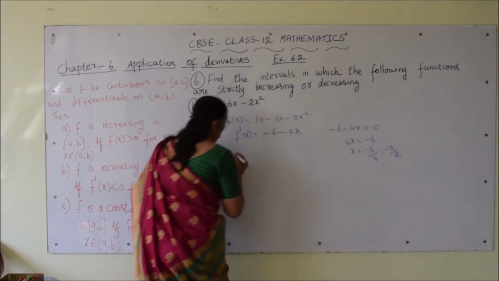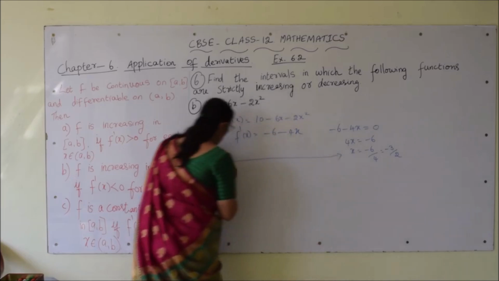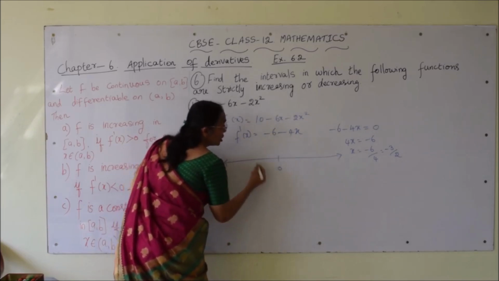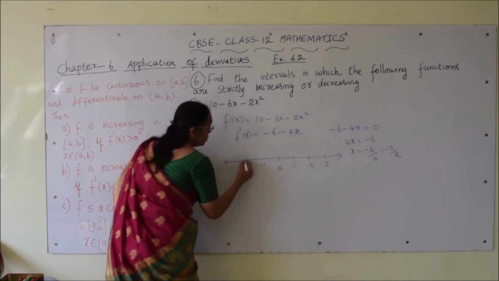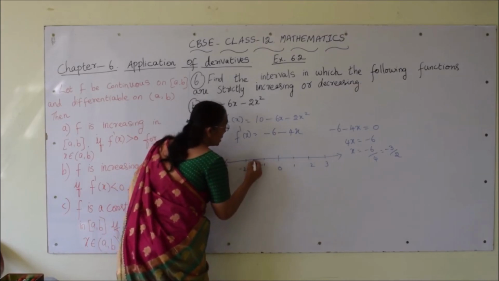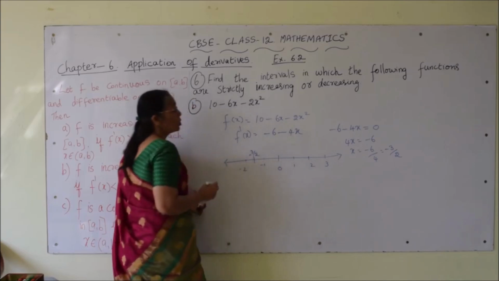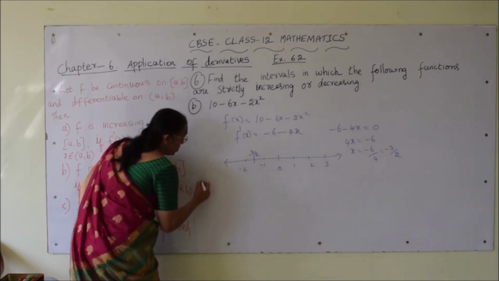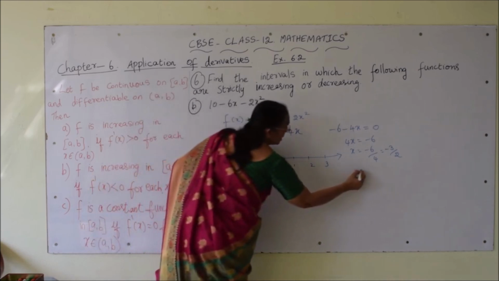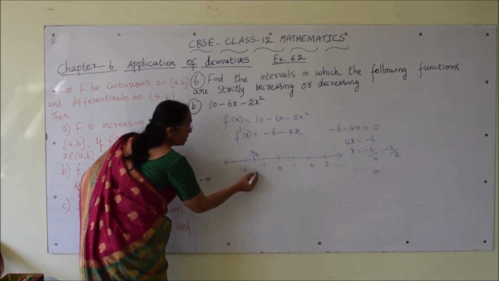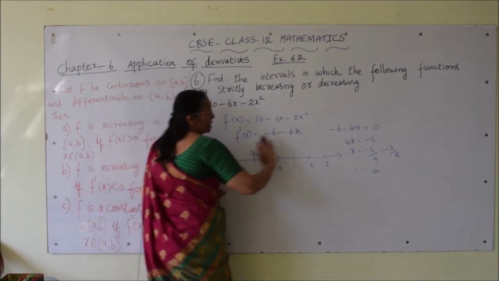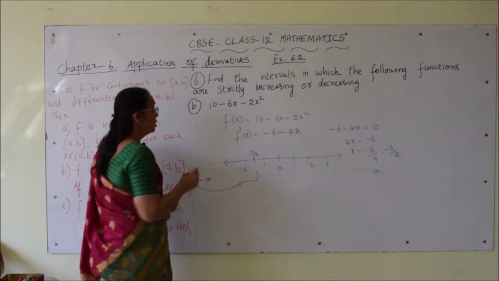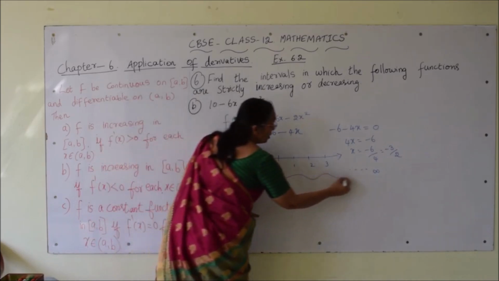So the whole real number system is divided into two halves. Suppose this is the origin, now here minus 1, 1, 2, 3, now minus 2. So minus 3 by 2 is in between minus 1 and minus 2. So this is our minus 3 by 2. Up to minus infinity on this side, and up to plus infinity on this side. So the whole system is divided into two parts. One is less than minus 3 by 2 and another one is greater than minus 3 by 2. Now this is one half and this is another half.